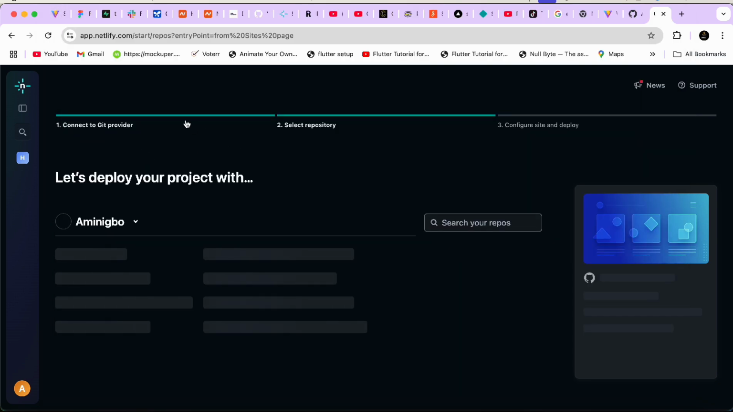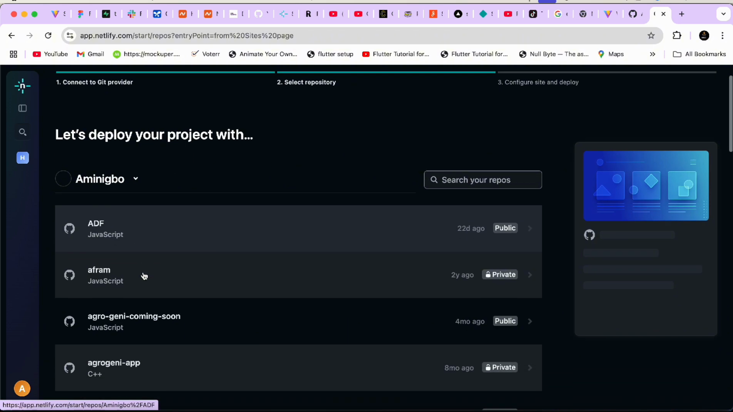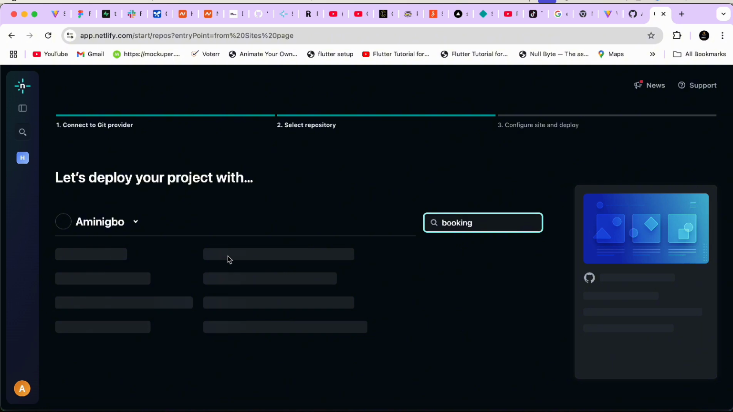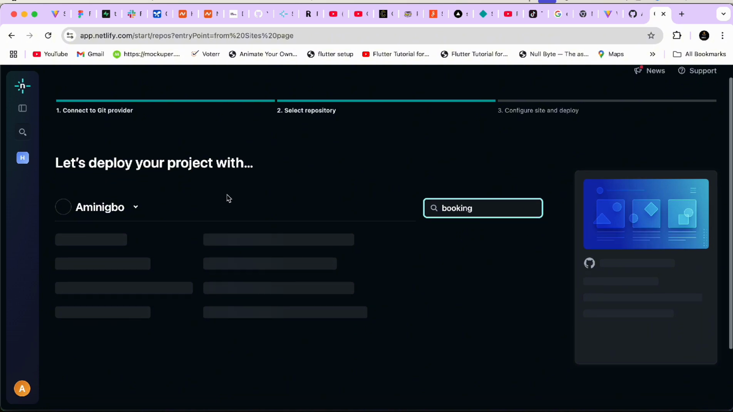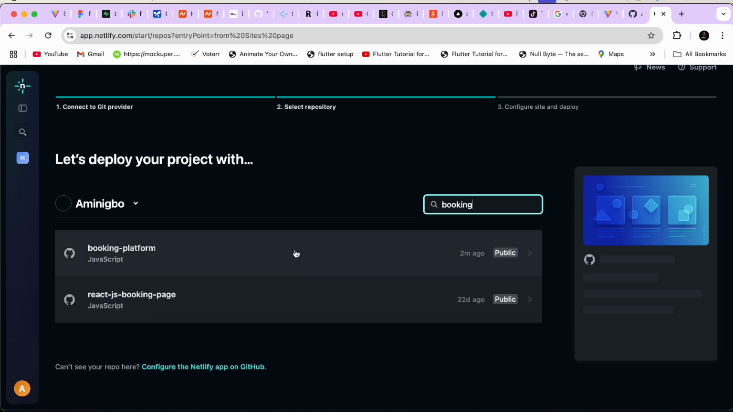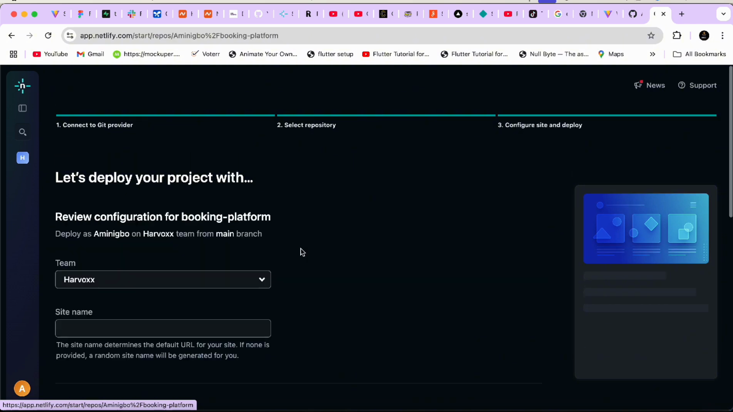So I've selected that, the first process. The second process is to select a repository. I'm going to select a repository. So I'm going to search for the repository we created. We called it Booking Platform. And we're going to see that in some seconds. Yes, so I will have it as Booking Platform, right? 2 minutes ago. So I'm going to select this repository, and the third step here is to configure the site